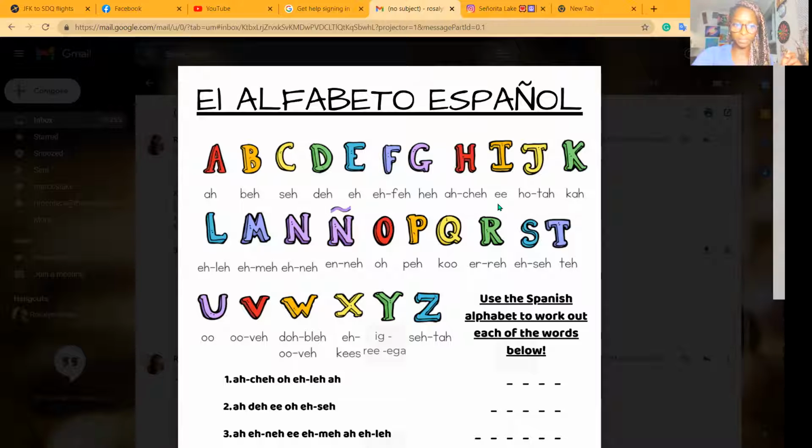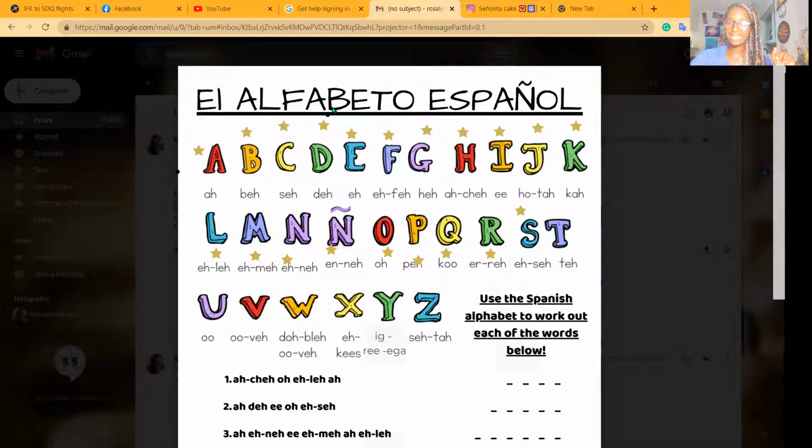El alfabeto va así. A. Okay, I'm going to go slow. Todo lo que tenga una estrella, everything that has a star, I'm going to say. Todo lo que tenga una estrella. Tenemos la A, B, C, D, E, F, G, H, I, J, K, L, M, N, Ñ, O, P, Q,